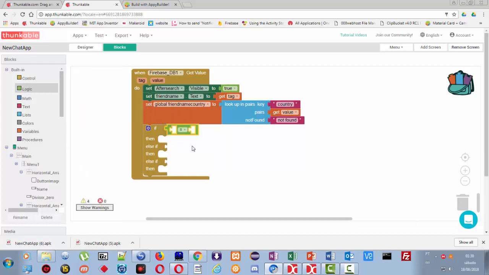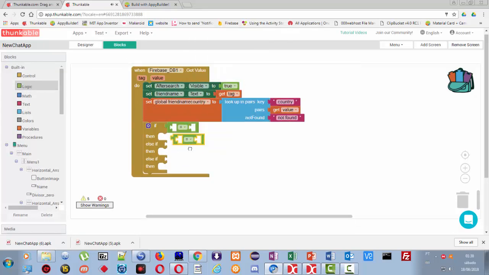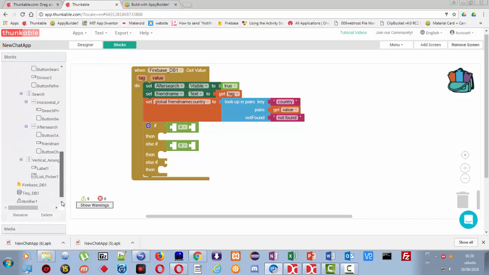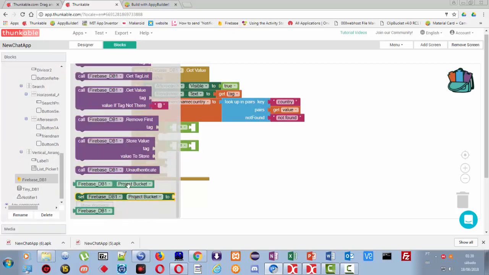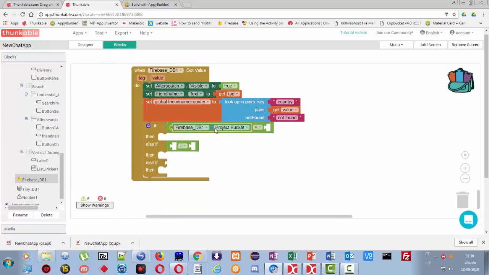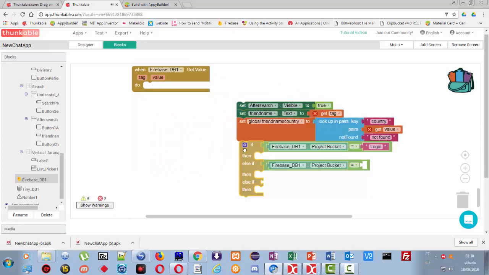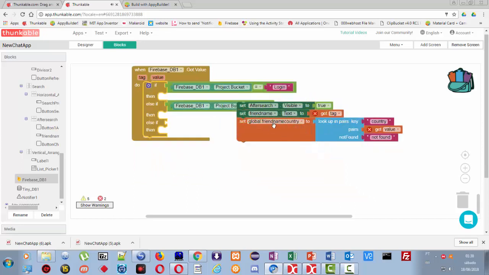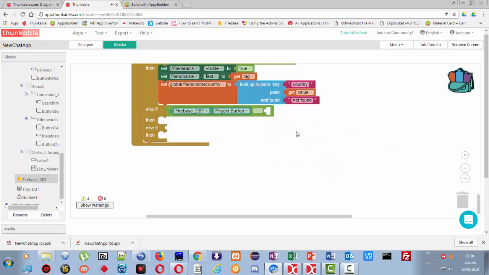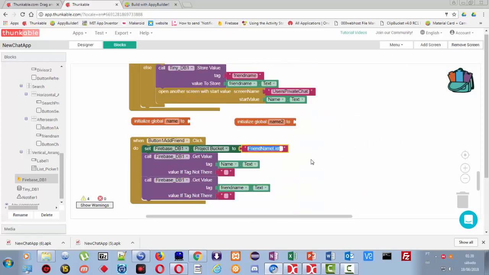We're gonna check two things. The first one is the project bucket login. So get the project bucket. If the project bucket is equal to login, we're gonna copy this thing here and do this. If is equal to friend name list,